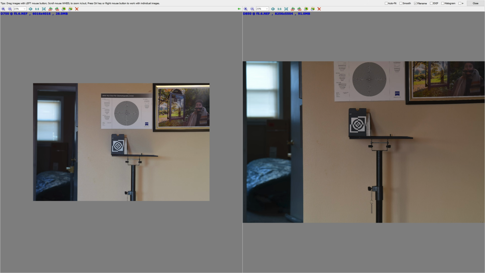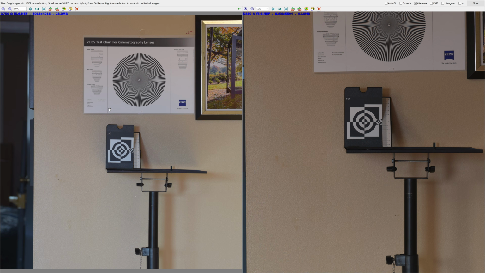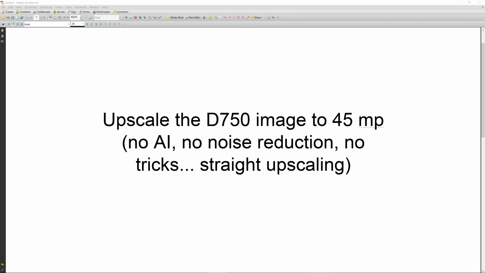Obviously, I cannot compare them straight out of camera because the magnification factor will be different to see the small details. The D750 image is smaller. So the obvious step is to upscale the D750 image to 45 megapixels, no AI, no noise reduction, no tricks, straight upscaling.